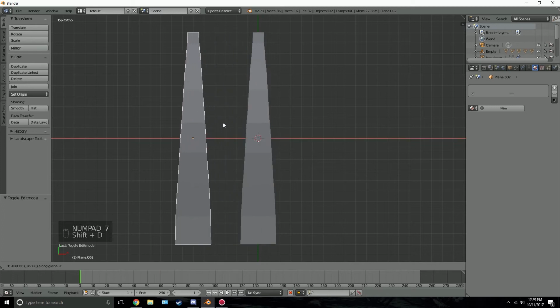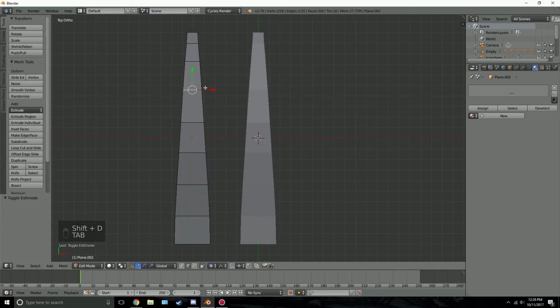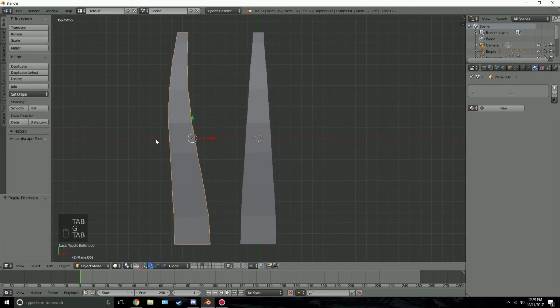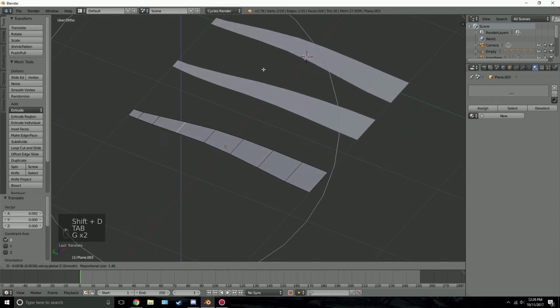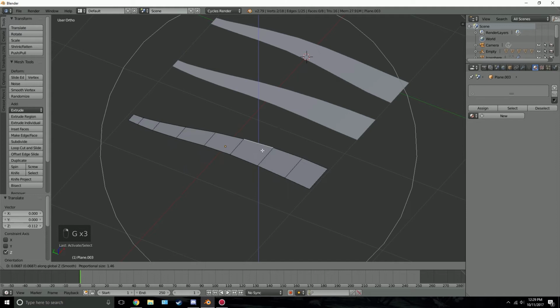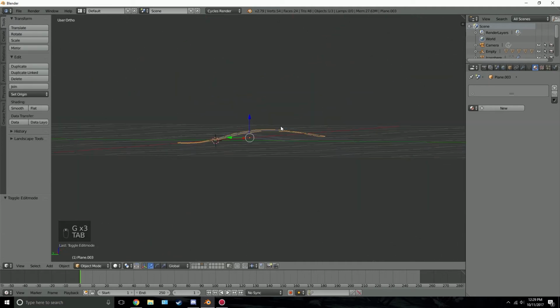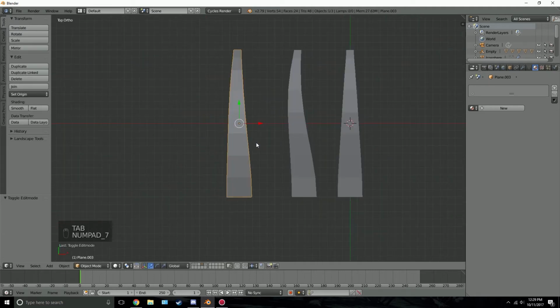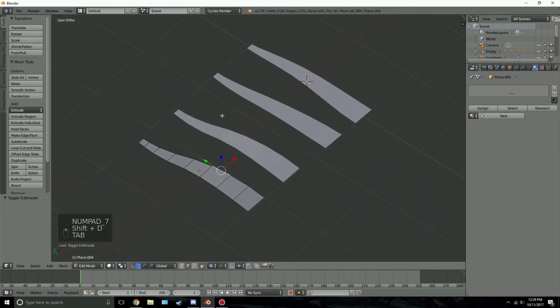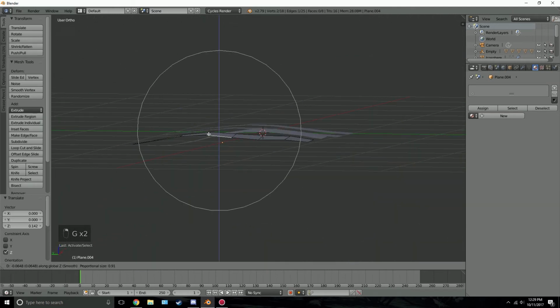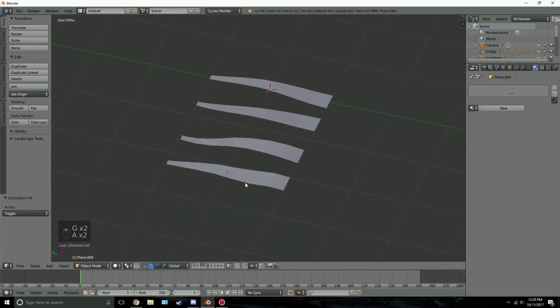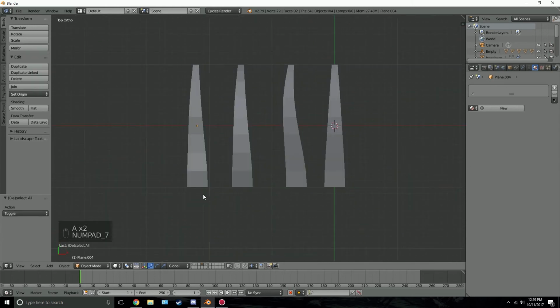I'll press Shift D, I'll move it to the side, and then I'll keep doing it. So I'll drag it this way a little bit, give it some curvature, Shift D, maybe this way, and maybe down a little bit, maybe I'll bring that one up. Just giving some variation between the grass strands. Shift D one more time, and I'll drag this one up, and I'll drag that one down. There we go. So now we have a bunch of strands, and what we're going to do is right click